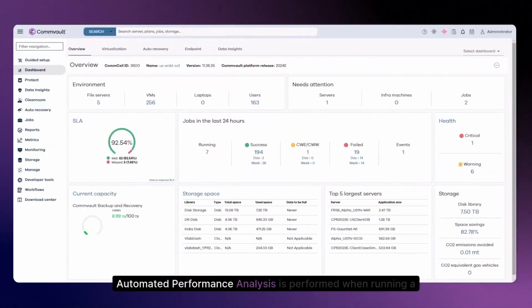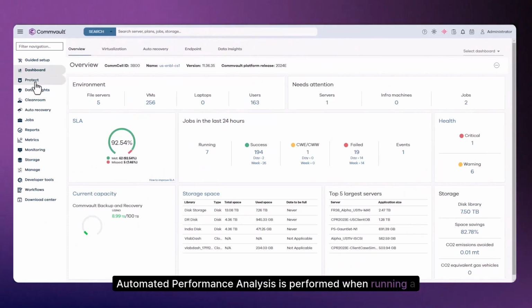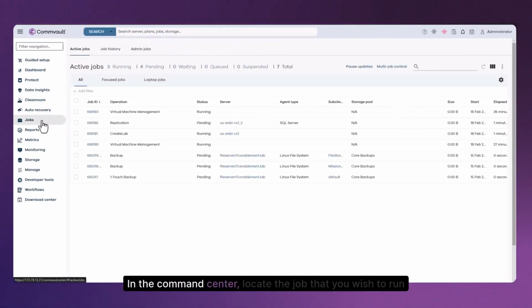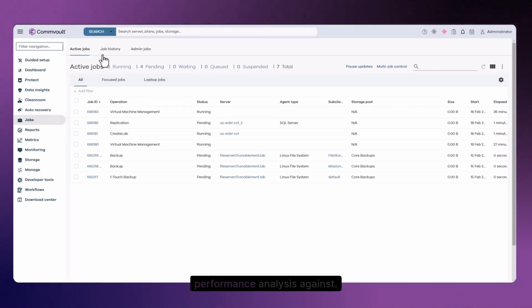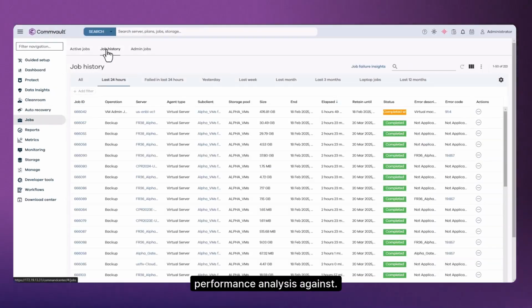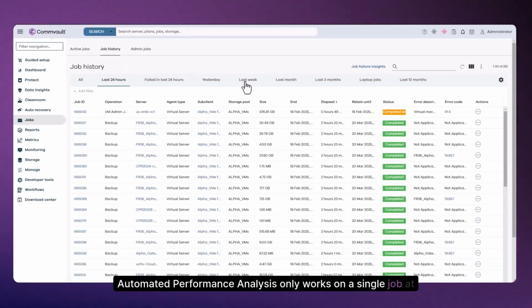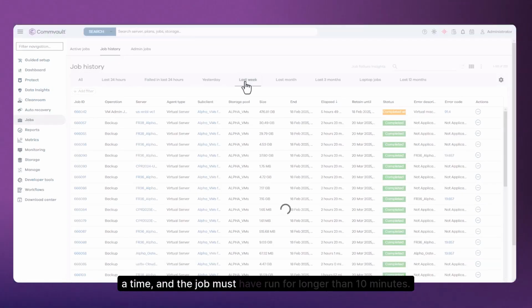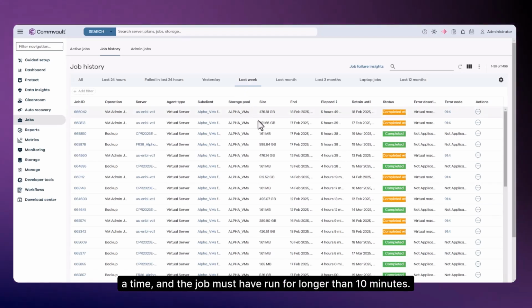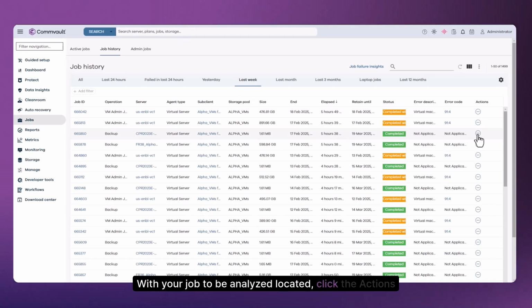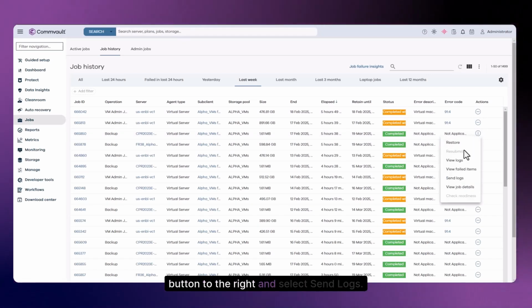Automated performance analysis is performed when running a send logs by job operation. In the command center, locate the job that you wish to run performance analysis against. Automated performance analysis only works on a single job at a time, and the job must have run for longer than 10 minutes. With your job to be analyzed located, click the Actions button to the right and select Send